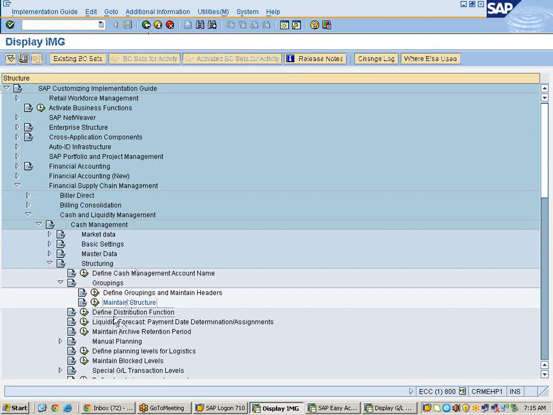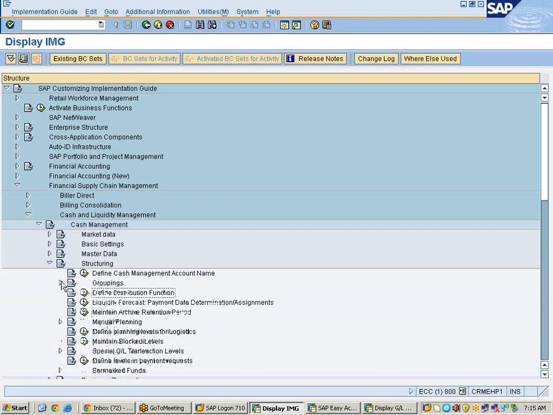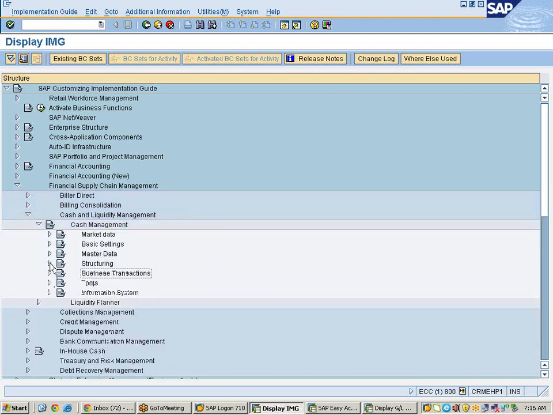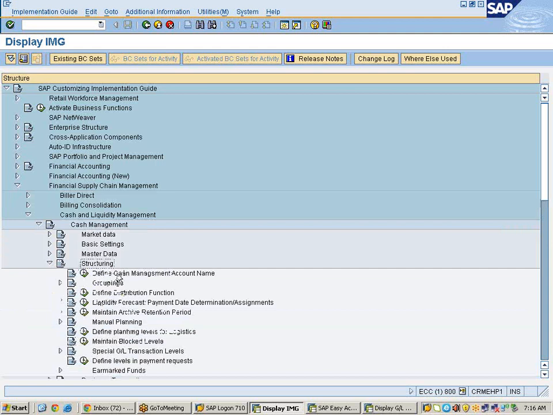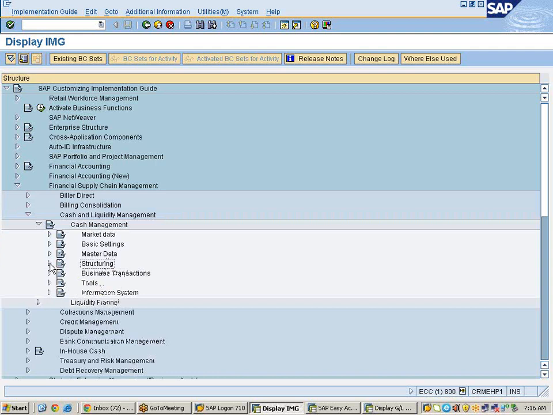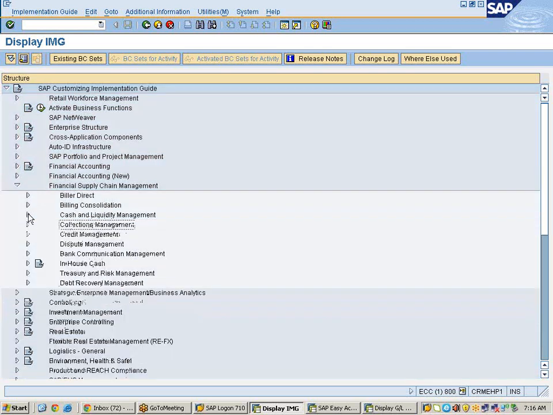Now we need to understand what the distribution function is and how the data will be updated with the distribution function. Based on that, we need to design the archiving period, and also we need to structure some of the functionalities. We will do one thing. It is very clear up to master data, that means up to planning levels and integration of these planning levels to the appropriate GL accounts. So I will repeat this concept of structuring once again in a quick view, and then we will go for remaining applications, and we will close this cash and liquidity, because in the whole cash and liquidity, structuring is the only functionality which takes time. The liquidity forecast will not take time, because that is statement related items.